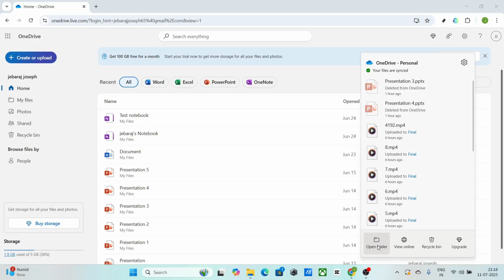You may wonder why using OneDrive is a good idea. Well, it integrates seamlessly with both Windows and macOS, making it incredibly convenient to sync and access files across multiple devices. Once everything is set up and OneDrive is up and running, the next step is to click on Open